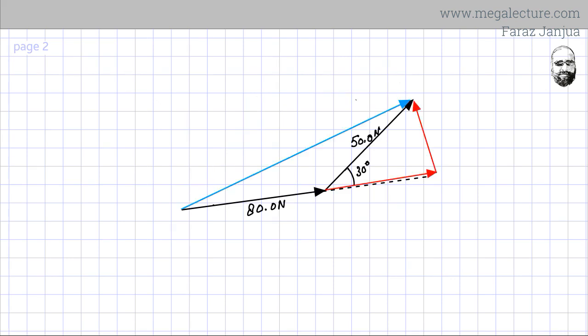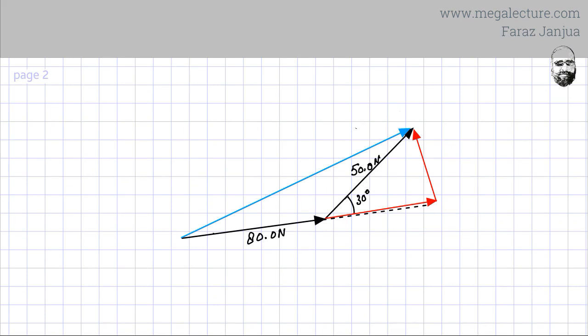Now this is how we do it. This component will be 50 cos 30, and this one will be 50 sin 30. There are some differences in my diagram, but actually I am trying to make this angle perpendicular to the other. Now when you need this resultant,